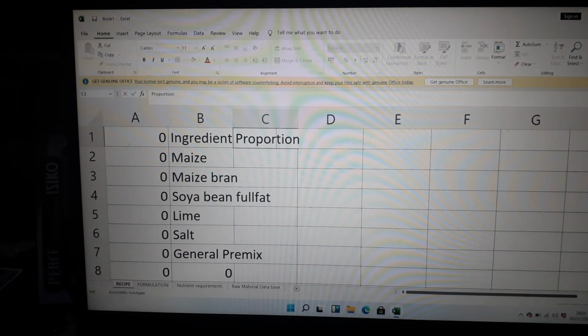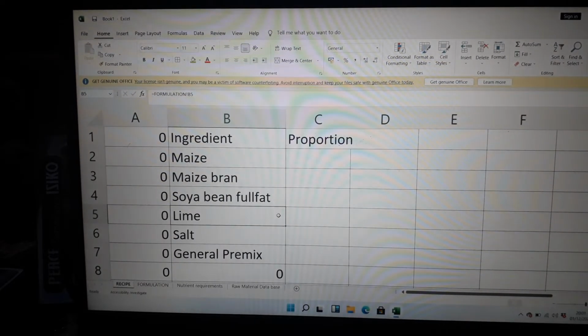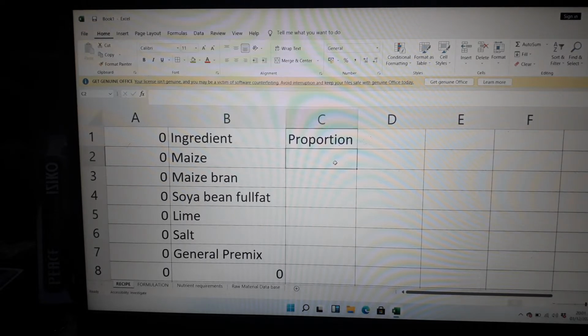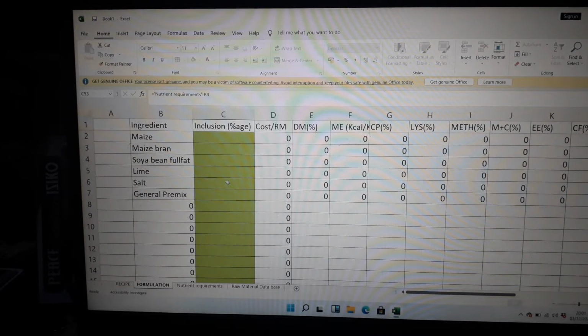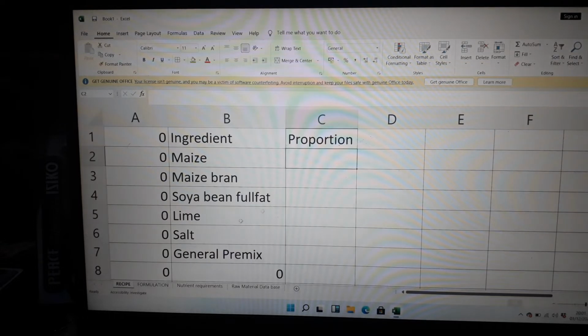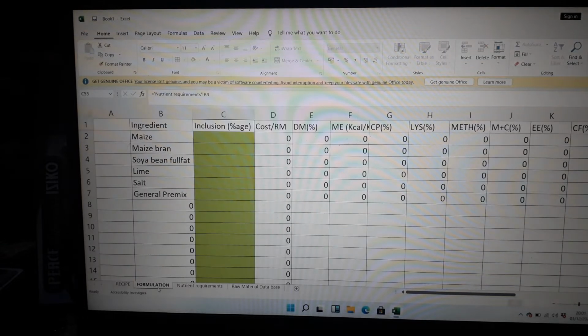When you name it proportion, you can even make it look nice. This is where you are going to enter the formula of a farmer to check. But you want what you enter here to be reflected here. So I will now create a formula here linking this sheet to this. So what do I do? I will say this equals